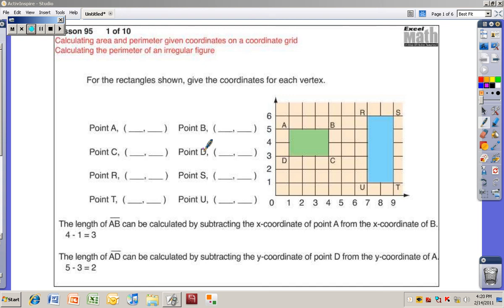Fifth grade Excel, lesson 95, calculating area and perimeter given coordinates on a coordinate grid, calculating the perimeter of an irregular figure. These are some really tricky problems. I hope you really pay attention to this. You might want to watch the video twice. You might want to back up on certain parts and just watch it over and over again until you understand